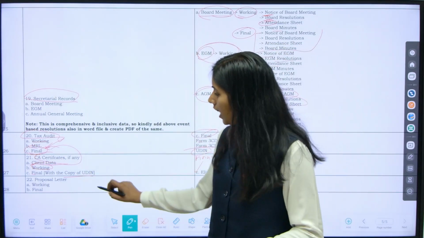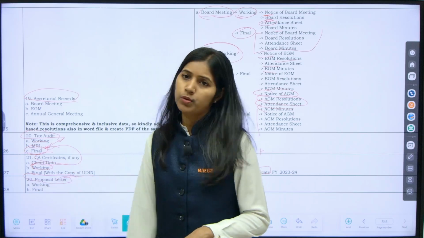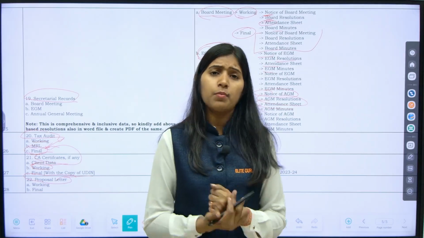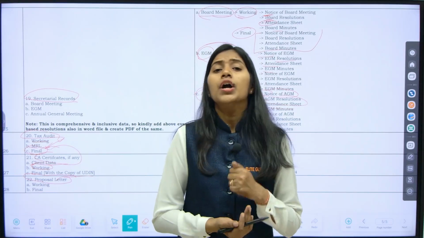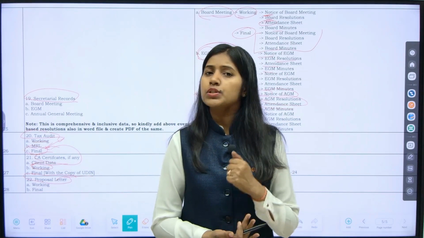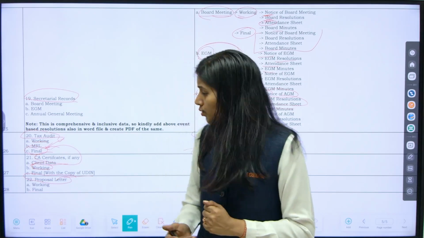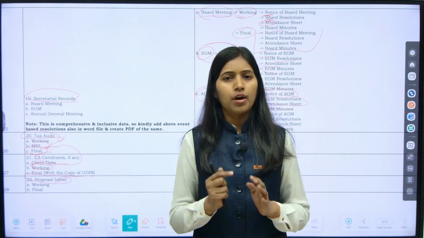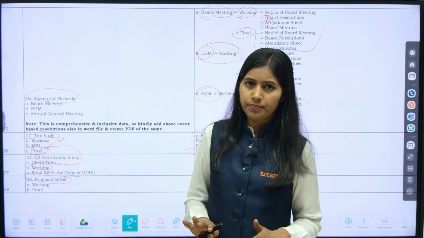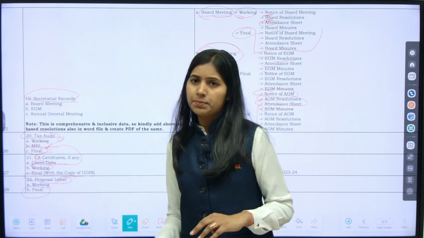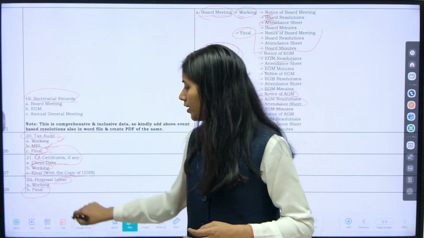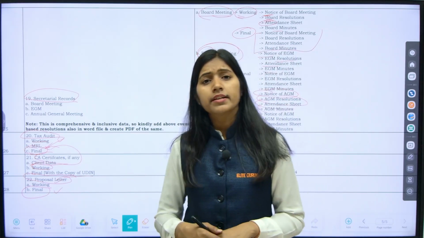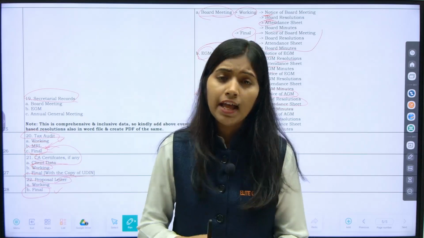Okay, and at last here I have mentioned point number 22, the proposal letter including the audit engagement letter. It is the most important document for any CA or any professional, as the audit engagement letter defines your scope of work and the fee charged for it. Because we are preparing it, under working you are supposed to keep the Word file, and when this engagement letter is signed by your client, it will go under the final folder. So these many things will form the part of your current file.